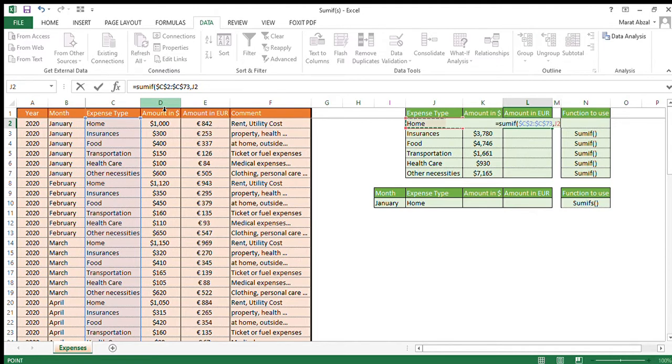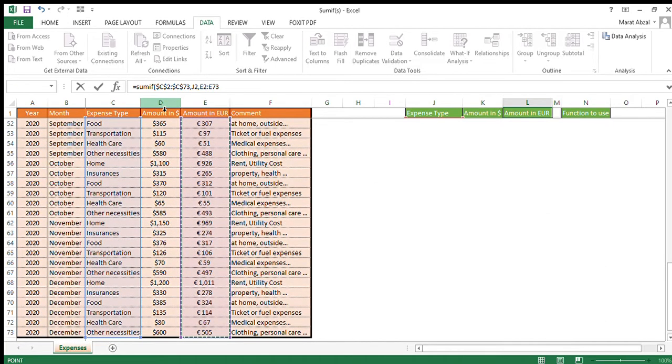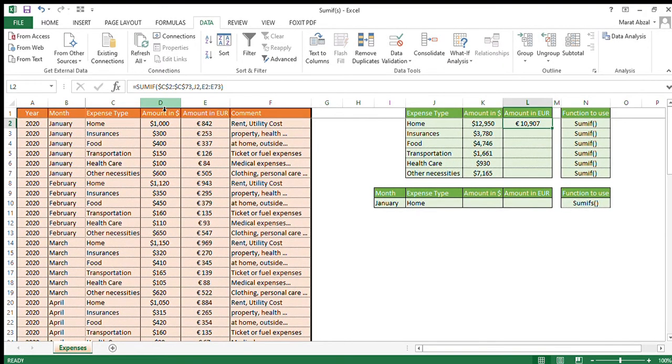So the criteria is home expenses. What I mean is, if you do not fix the cells, it will move. Let's not fix this column, and just close that one. If you copy and paste these columns,